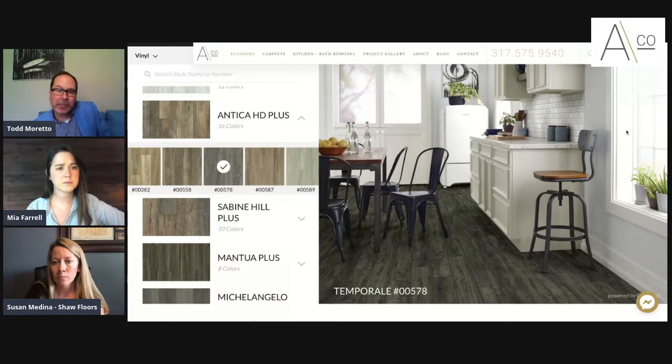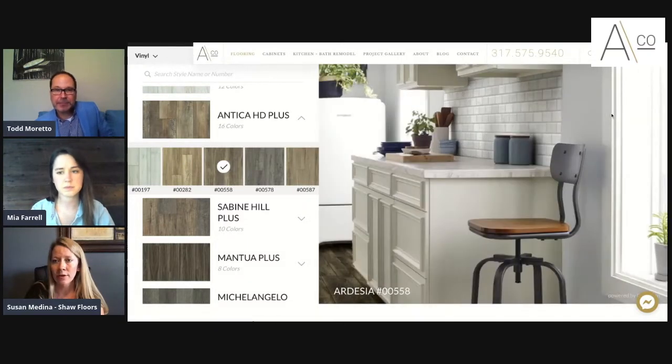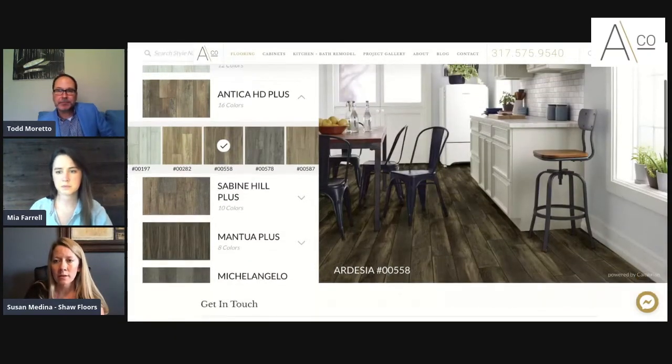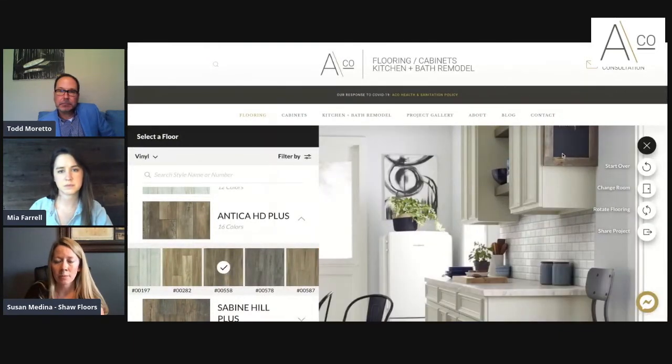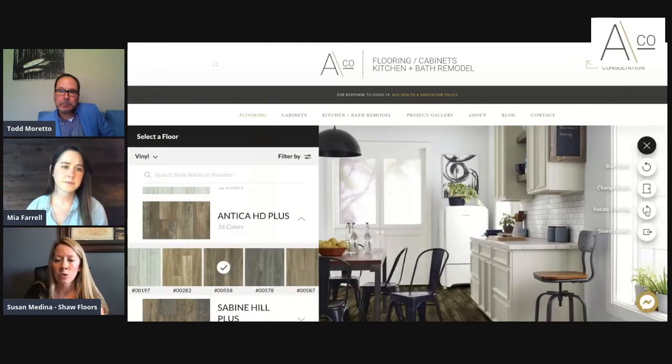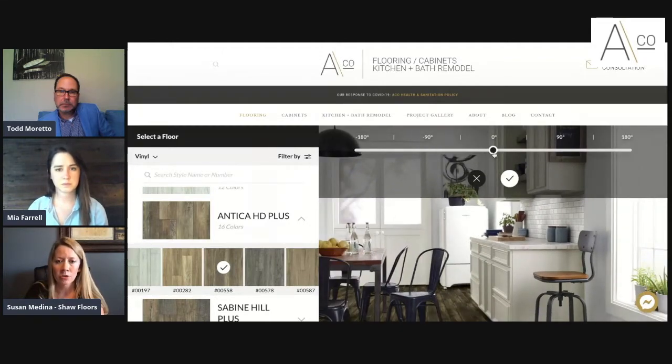I was gonna say, when you got those cool colors on there, can you show how you can turn the grain? Yep, I was actually just ready to get there. So you may notice you have these 3 dots right here. Let me scroll back down a little bit here. And from here, you actually can rotate the floor. So if you take your mouse and your cursor, and